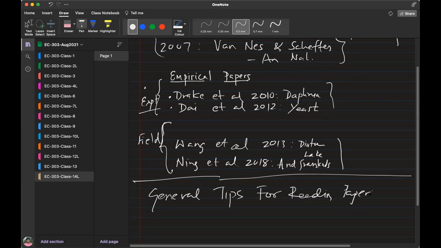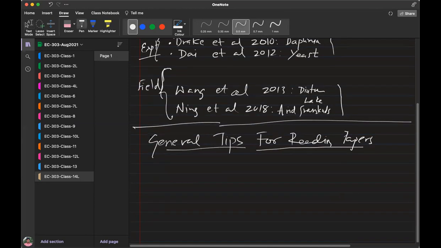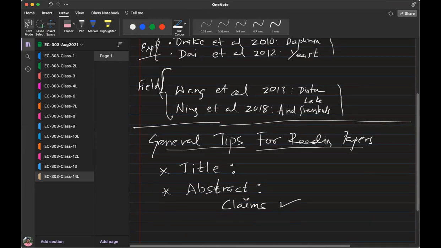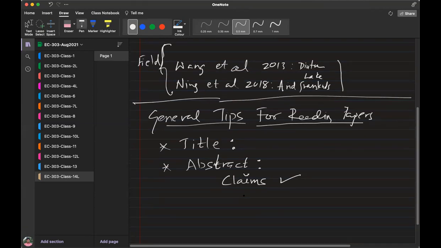Now the review articles you may have to read the sections I say completely, but in general, when you read any paper, of course you will read the title and see if it makes sense. What does it convey, right? And then of course you will read the abstract. Any good paper will have a good abstract, and the abstract clearly will state the context as well as the result they have found. Now based on the title and abstract, you must know the claims of the paper. The claims must be clear. That's something you must note down at this stage. What are the main claims of the paper?